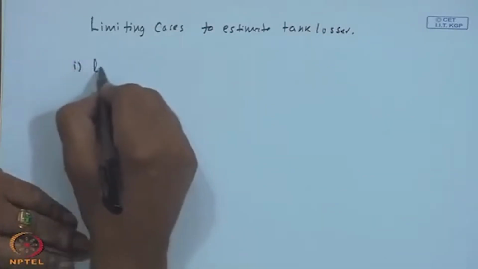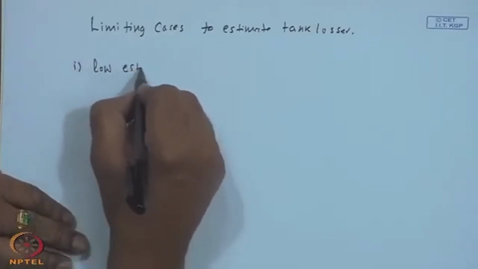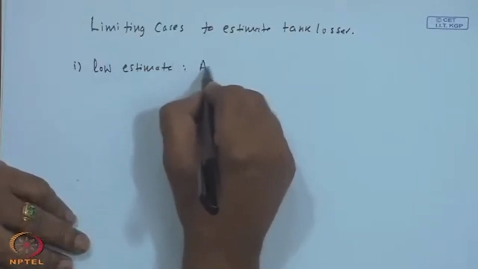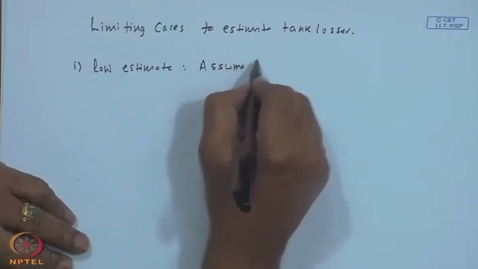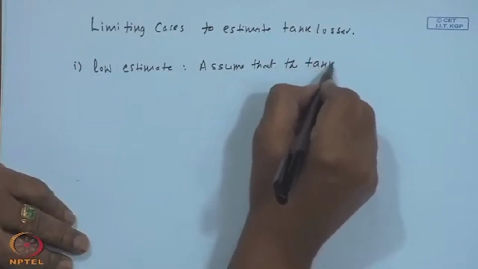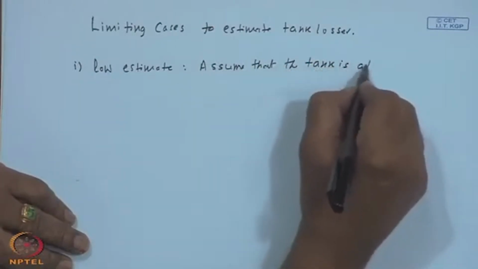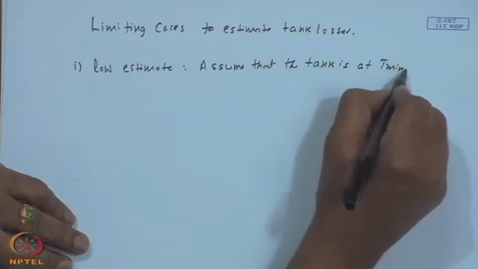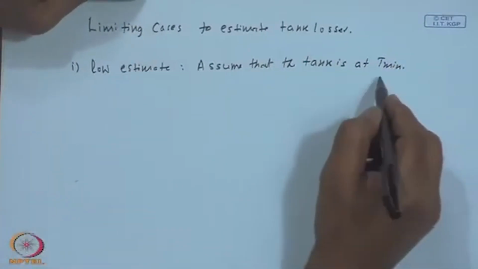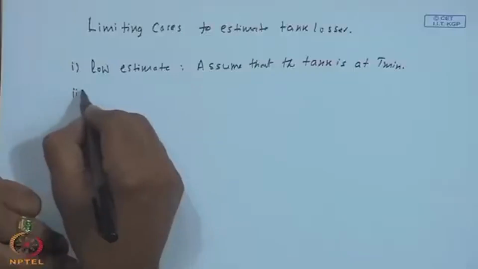One, a low estimate: assume that the tank is at T minimum, because the system is supposed to deliver energy at or above a temperature of T minimum, the tank temperature cannot be lower than T minimum. And an upper limit